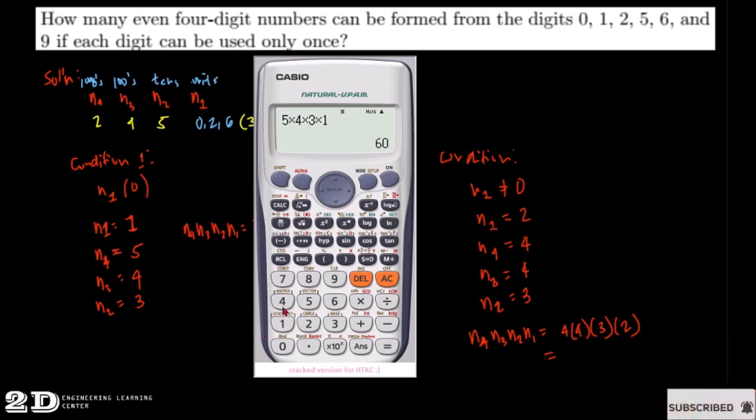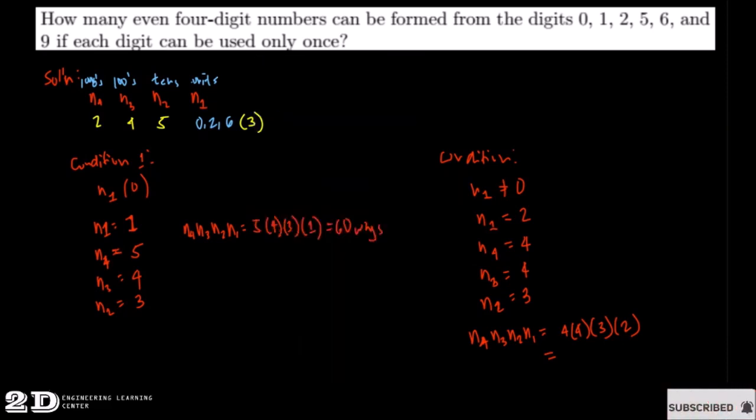So we have 4 times 4 times 3 times 2, and this is equal to 96